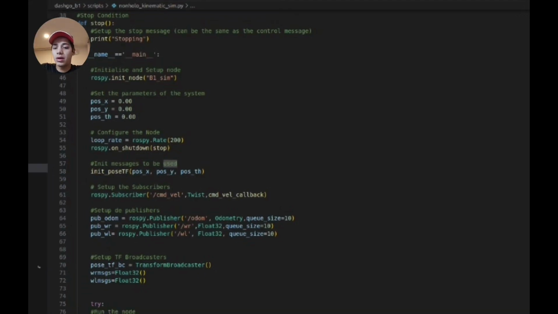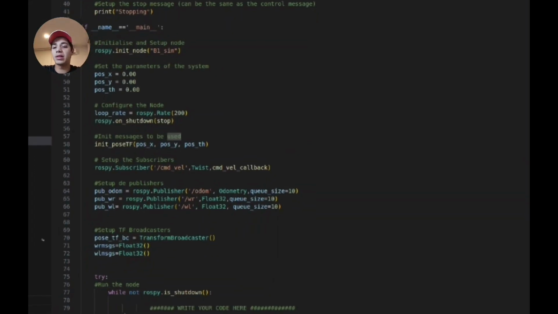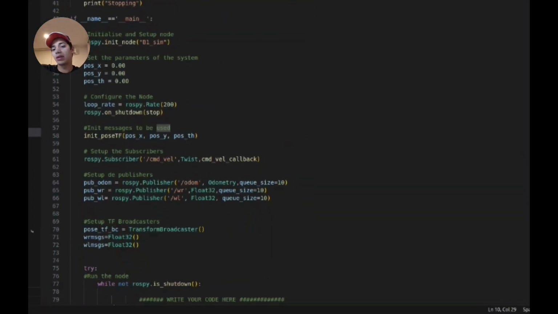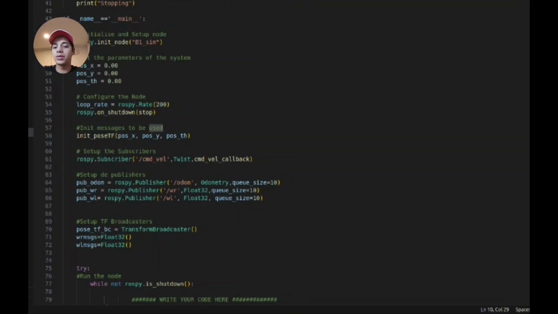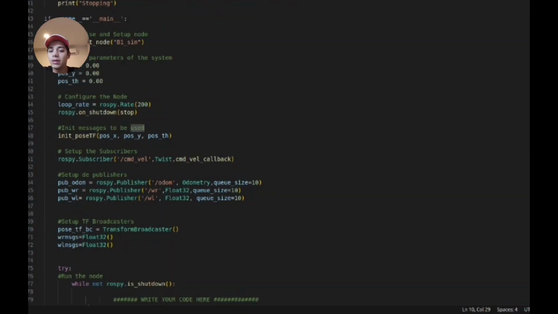And, well, we're gonna register our shutdown command and initialize our transform, which is from odom, and our subscribers and our publishers, which are gonna be given by the publisher of the odometry, which is given by the topic odom, from the structure odometry, and the queue size of 10, which the queue size is the amount of values that it is saving. So depending on the queue size that you put is going to be the number of values that it is going to save for